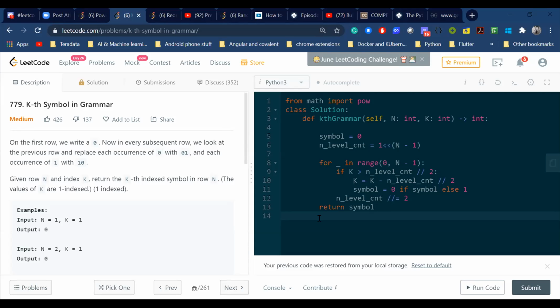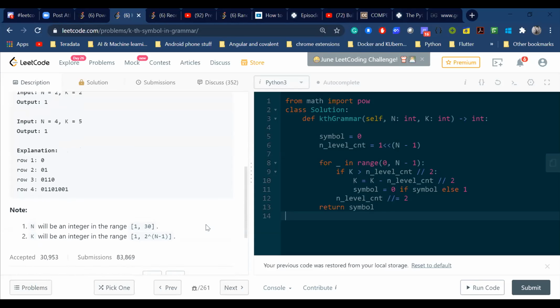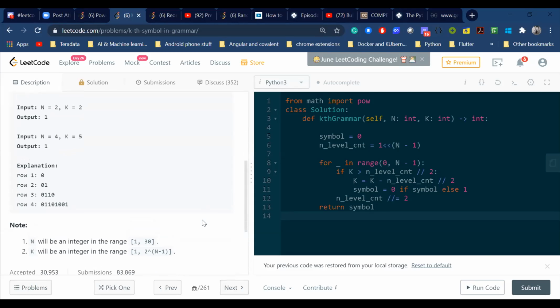In the for loop, it seems like we go from the bottom up, right? The last level to the top level. And how do we know the symbol at the last level begins at 0? I thought that we go from the first level, the root, down to k, but then if we go from level k to the top, then